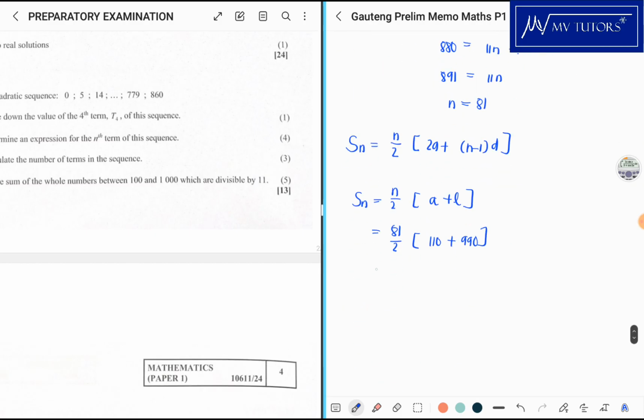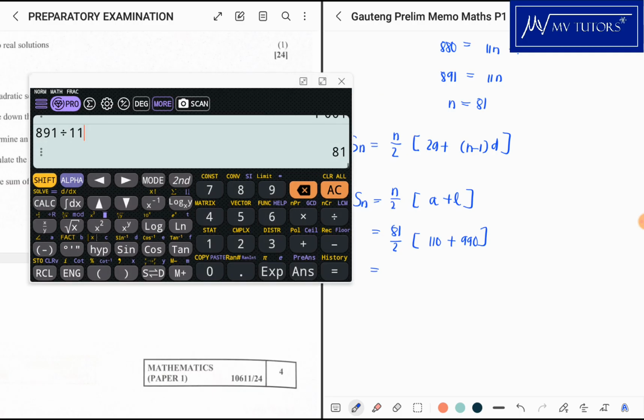Okay, and then we can solve. So what do we have? We have 81 divided by 2, and then we're going to multiply it by 110 plus 990. And there we go,